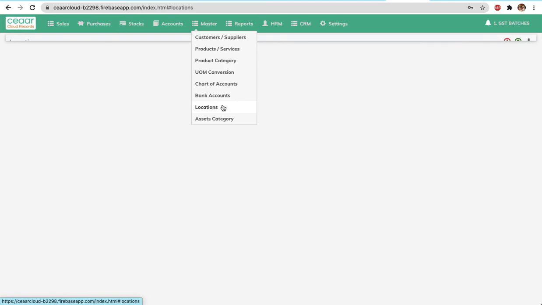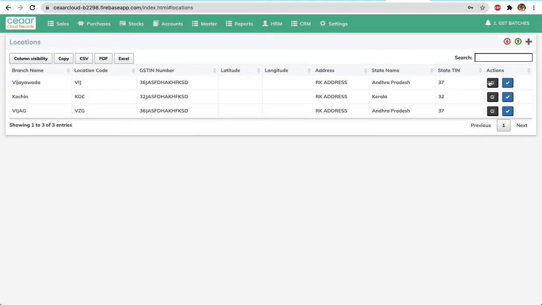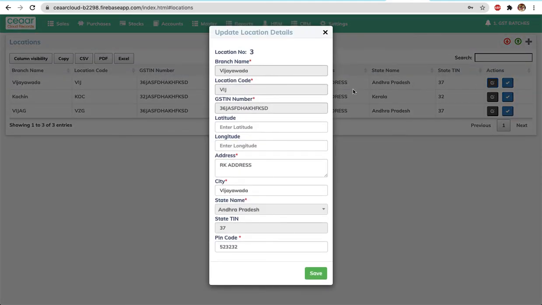And then locations. Any number of locations can be added. This is all the information. Branch name, any number of characters can fit. Location code, only 3 letters are allowed.